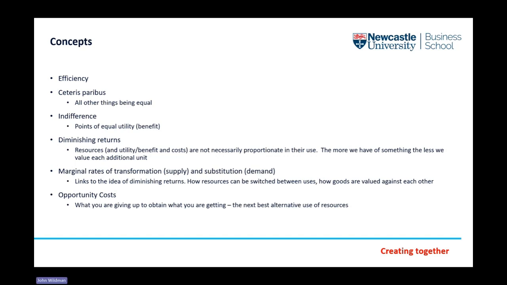Finally, on this side, and again, I'm going to talk about this a little bit more specifically later on, is opportunity costs. And this is crucial in economics, this idea of, in order to do what we are going to do, what do we have to give up? And measuring everything in terms of opportunity cost is not necessarily the same as measuring in terms of just cost. It's all of the wider implications. But as I say, I'll return to those.